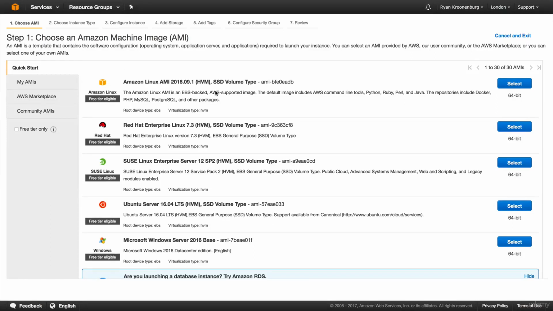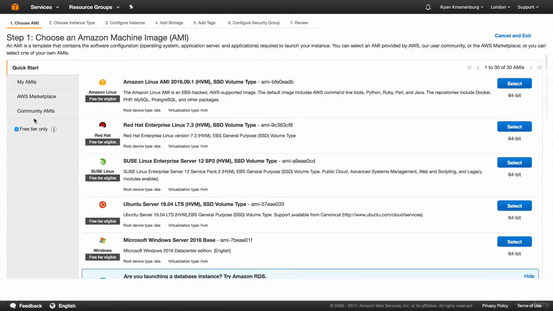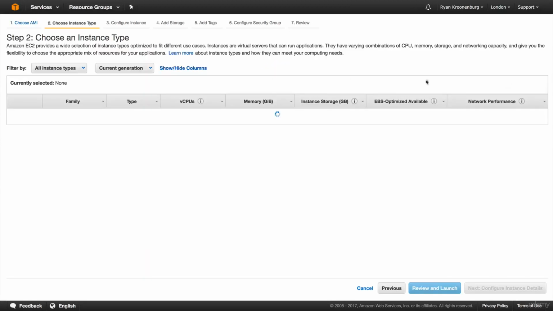The reason for that is it comes with a whole bunch of pre-built-in tools, including Python, Ruby, Perl, Java, and most importantly the AWS command line tools. So we'll be using the Amazon Linux AMI for the rest of this course. If you do want to have a look at all the different ones, you can click on free tier only. This will make sure that you always stay within free tier. But I'm just going to unclick that, and I'm going to click on Amazon Linux AMI, go ahead and hit